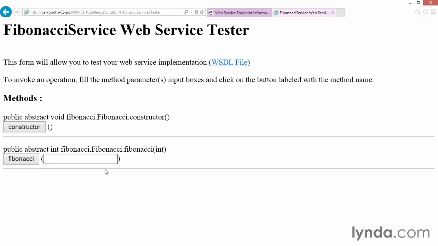When you test your solution to the challenge presented in the previous video, the interface should look something like this. There are two methods, the constructor and the Fibonacci method. The constructor is void, but the Fibonacci method takes an integer. When you input an integer into the method, it should return the correct value. For instance, when I type in 20 and press enter, it returns